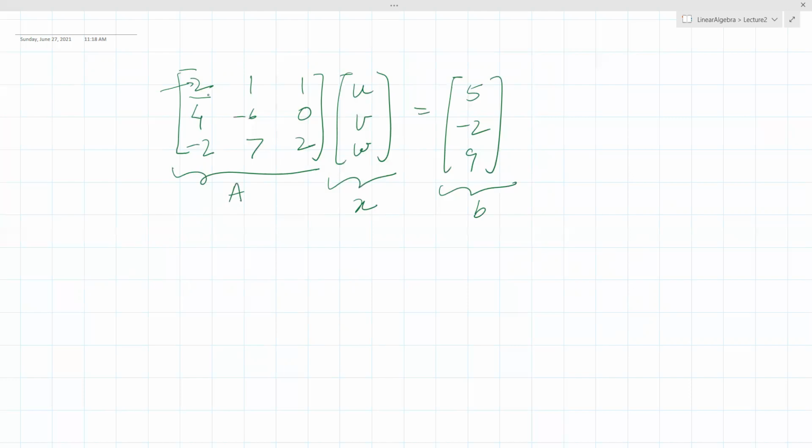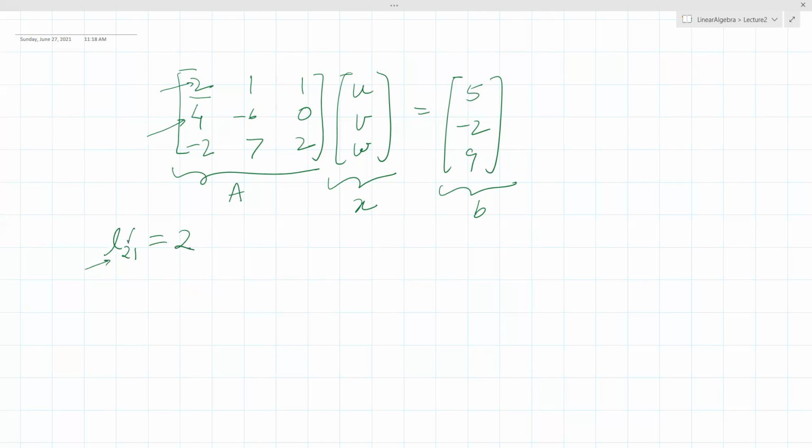Now you'll find the multiplication factor. What is the multiplication factor corresponding to this equation? It is 2. Let us call that multiplication factor L21. The 2 stands for the second equation, and the 1 for the first equation, whose multiple has to be subtracted from the second equation. So L21 in this case is equal to 2. That is the definition of L21, and I want to subtract this from this particular equation.